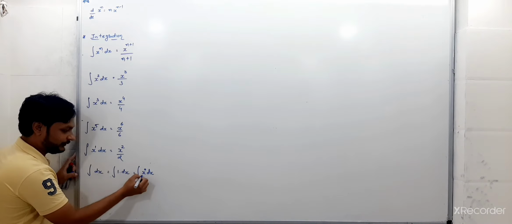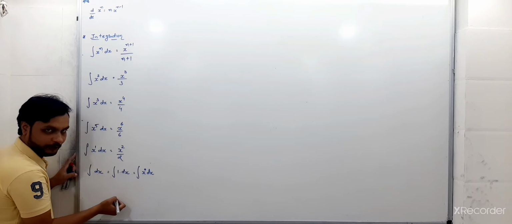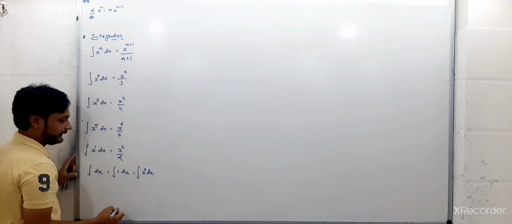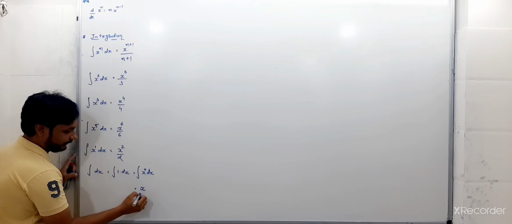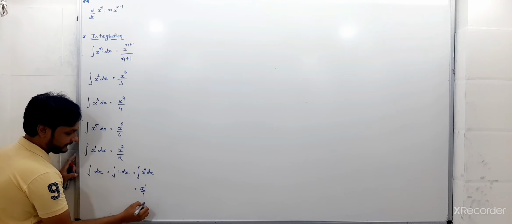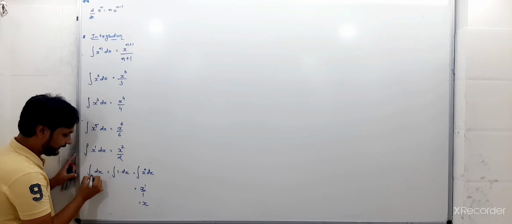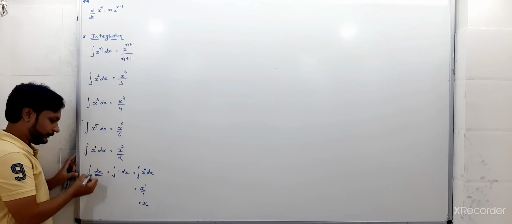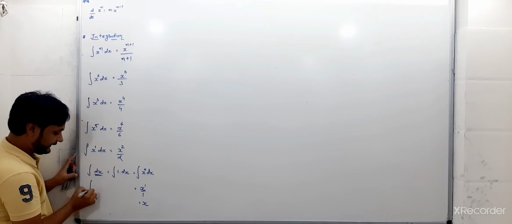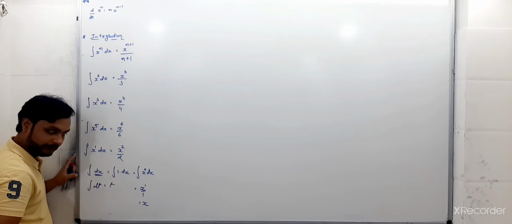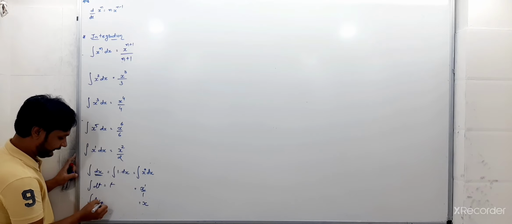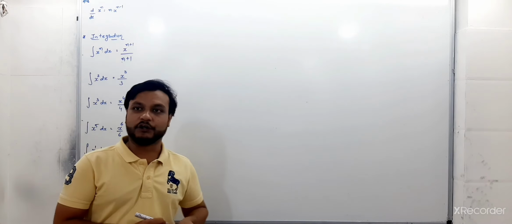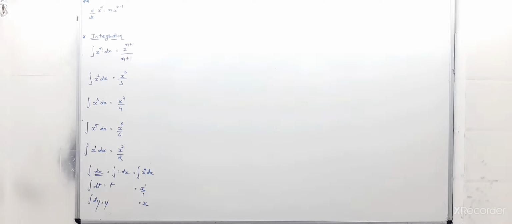So now we have to take the integration of x raised to 0 power. Put 0 plus 1, which is 1, so x raised to 1 by 1, that means x. You have to remember that whatever you differentiate, take the full value of it. So for dx, x will come. Suppose here it is dt, so your answer will be t. Suppose dy, then the answer will be y.